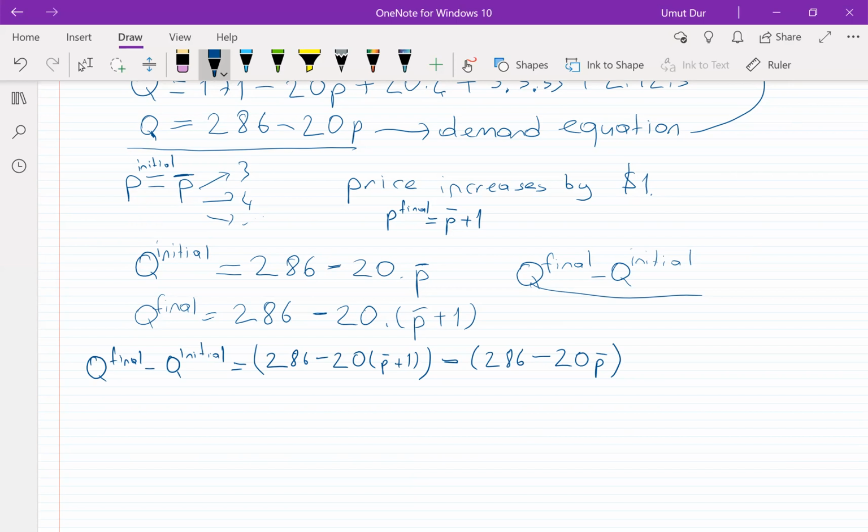If I do the math here, the 286 will cancel each other, and the minus 20 P bars will cancel each other, and what is left is